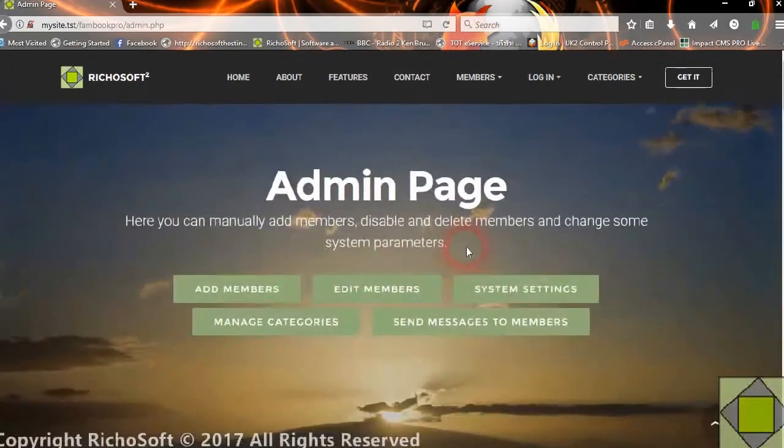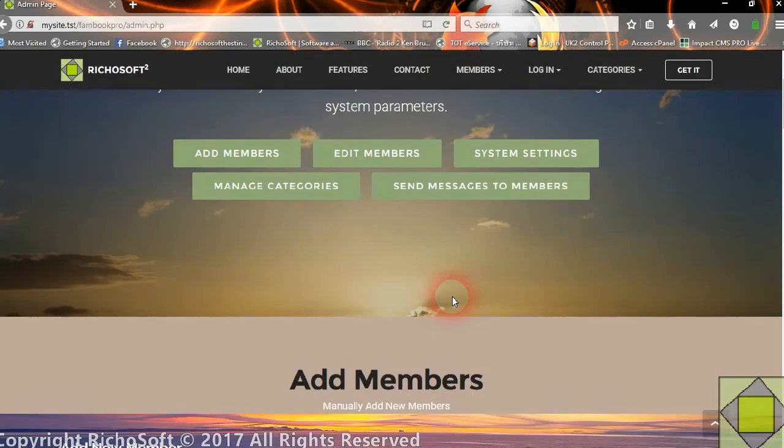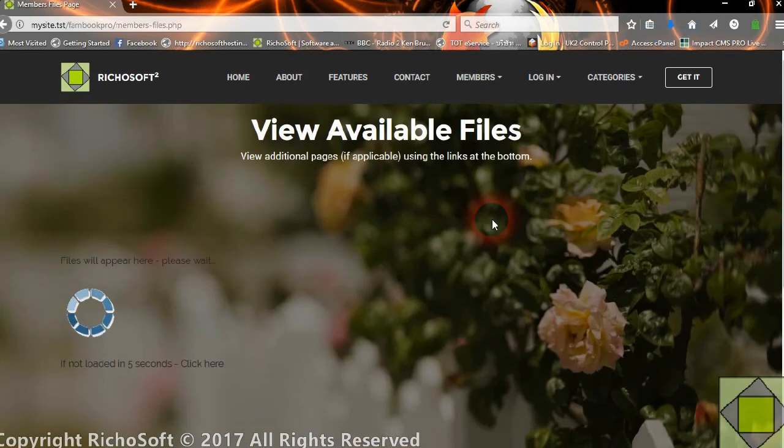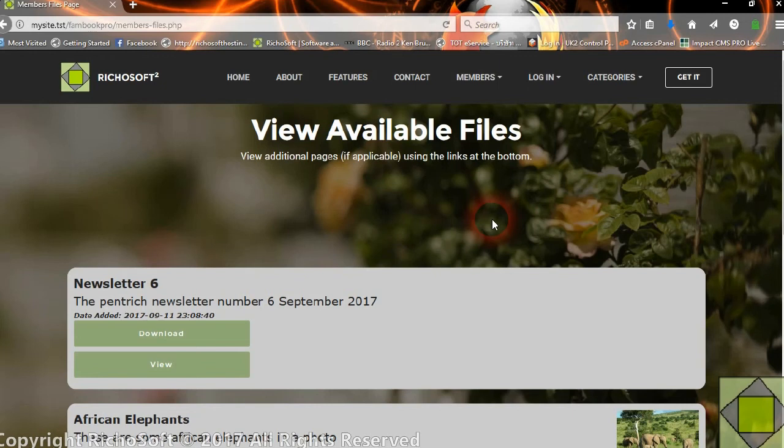Now adding it to the membership system is virtually identical. As I say, it's best to put the upload facility in the admin area, so only admin can upload files, but for all your members, you can put the files view in the members page, so only members can view the files for download. You can do the same thing, as I say, with the fan book or with the members area, or on any other site that you wish. But as I said, I would suggest you put the upload facility into a protected page on your site. So that's how it works,